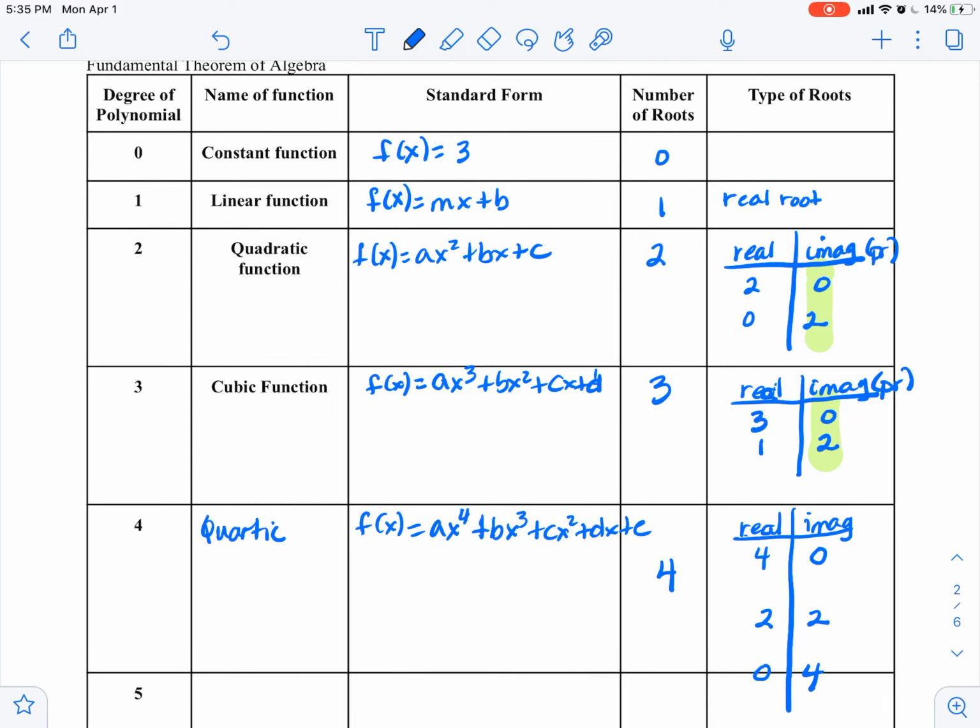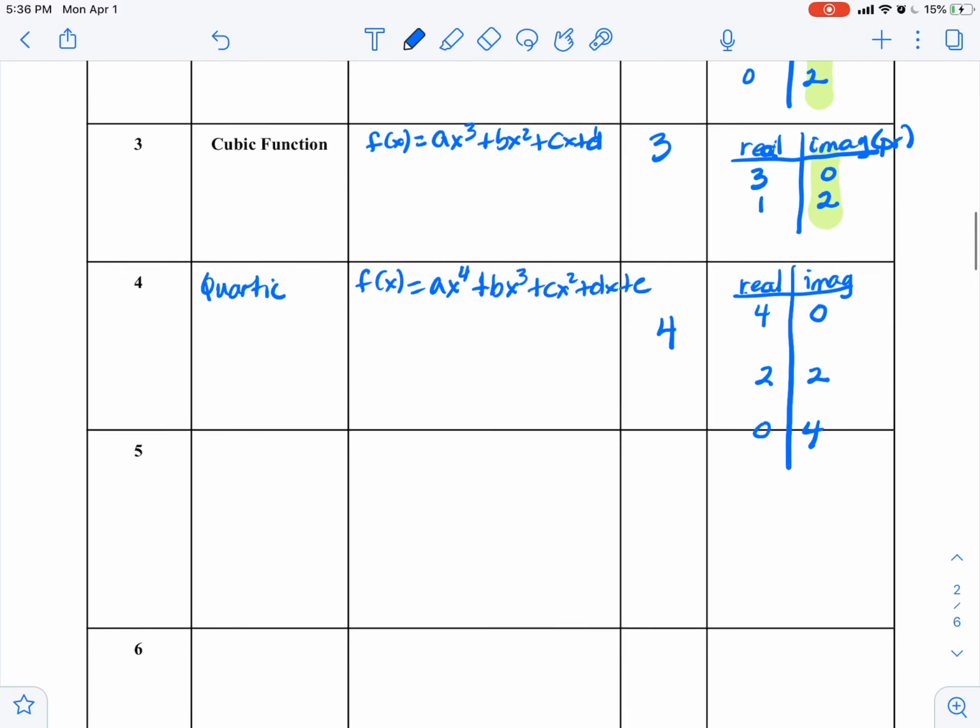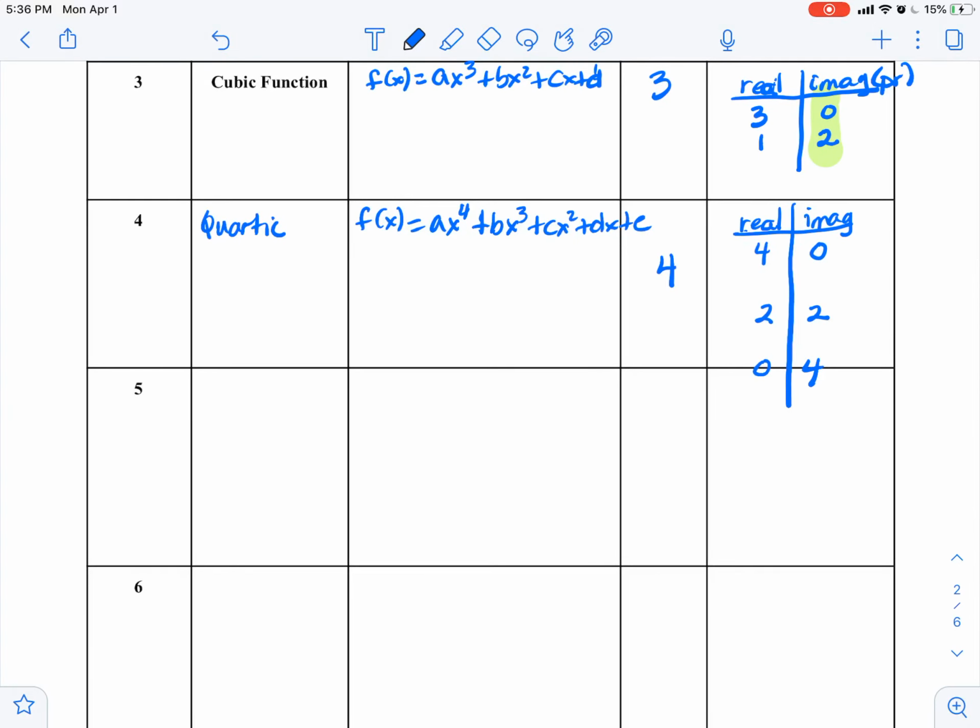So those are the types of graphs you may have: 4 real answers, 2 reals and 2 imaginaries, or no real and 4 imaginary. We do not usually get the 0 and 4 because it's almost impossible in Algebra 2 to find them. That's higher level. Our last one we're going to do is the quintic,